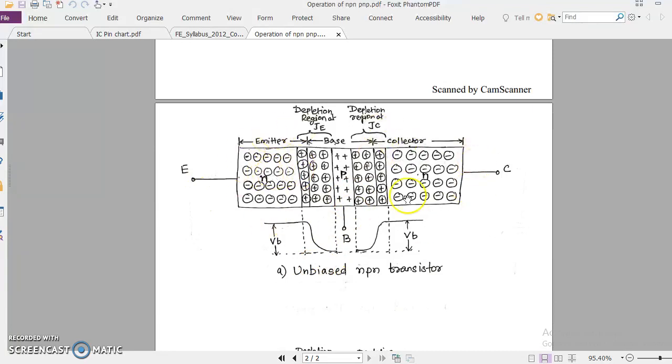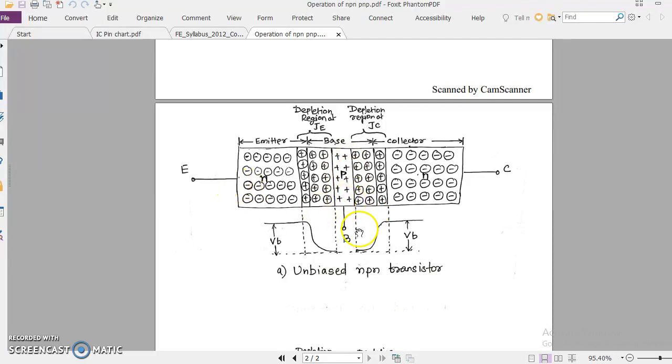As we know, it is in unbiased condition, so we have not applied any voltage across these two junctions and also from collector to base junction. So you can see the majority carriers. Now this is the NPN transistor, right? That means a P-type layer is sandwiched between two N-type layers. So the majority carriers in N-type are the electrons, which I have shown here in both N layers, and in the middle there is a P layer where I have shown the holes,